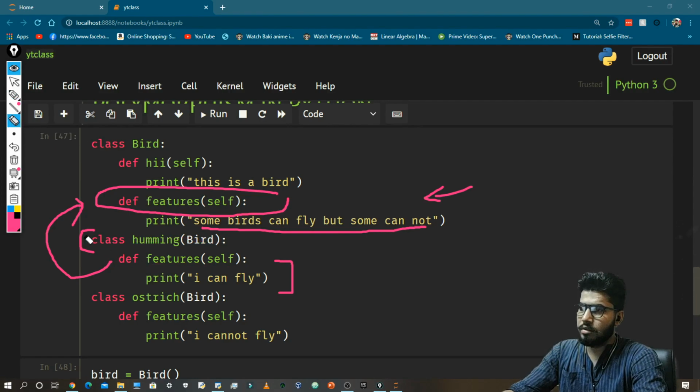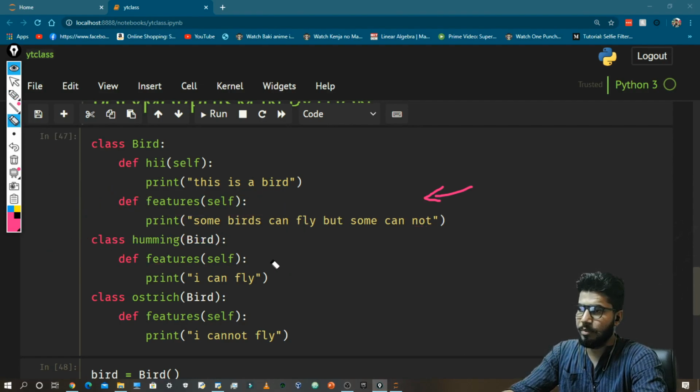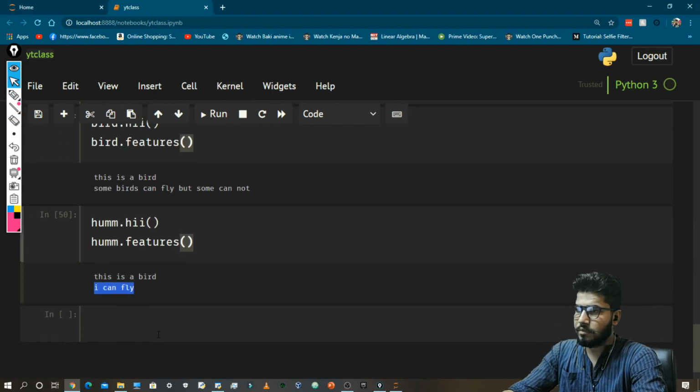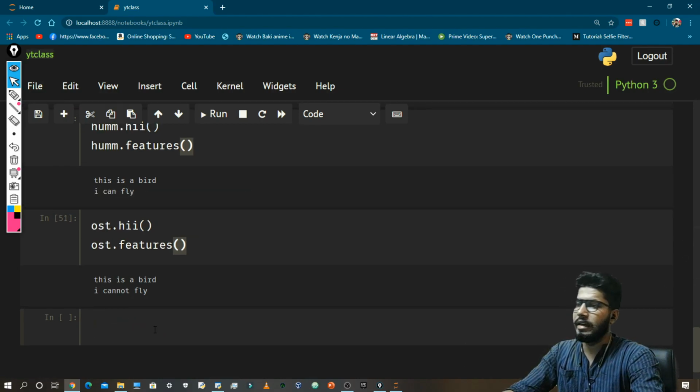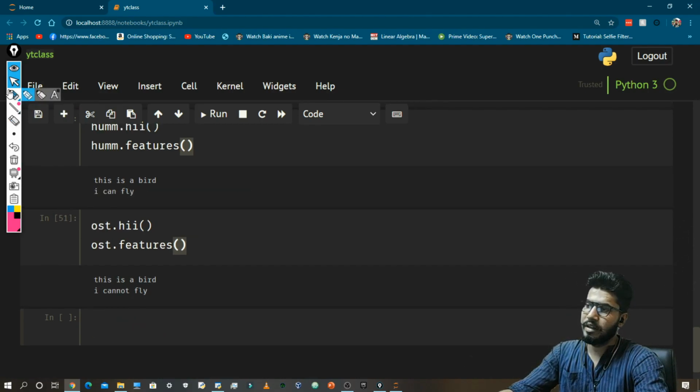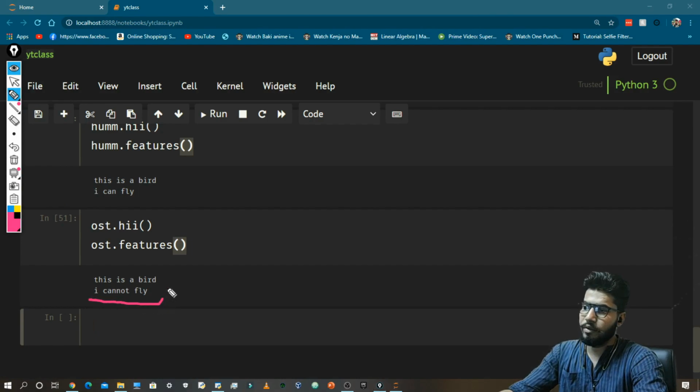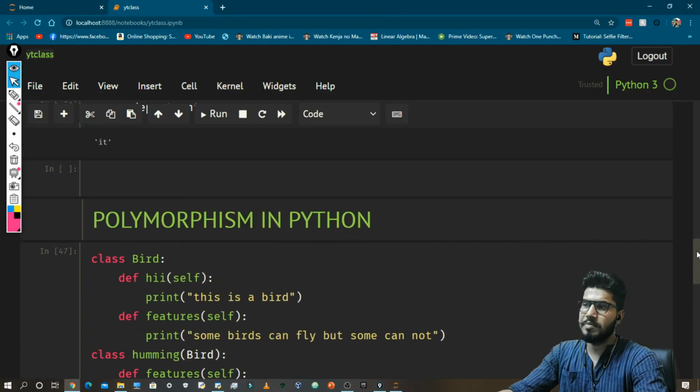Now let's see what will happen when I run it with Ostrich, like ost.hi and ost.features, and the same thing happens here. It is printing, I cannot fly. So guys, this was the basic concept behind polymorphism in Python.